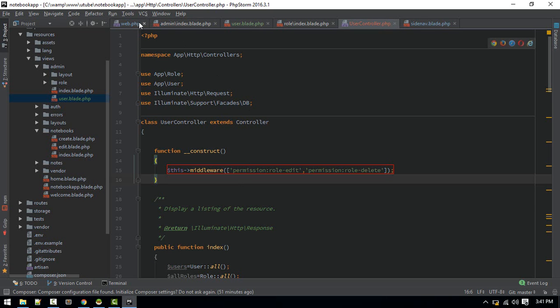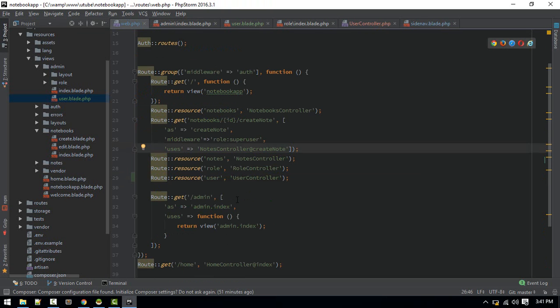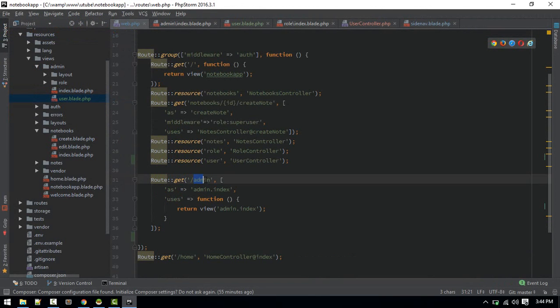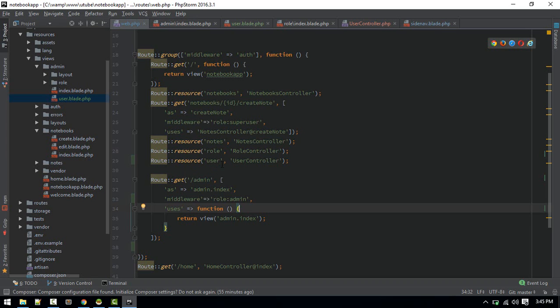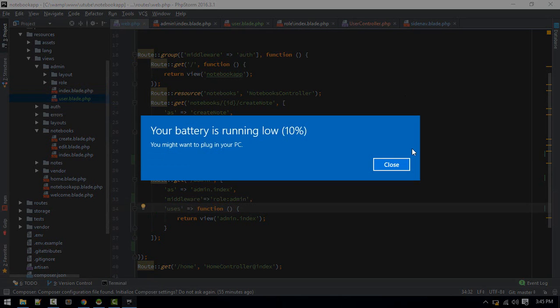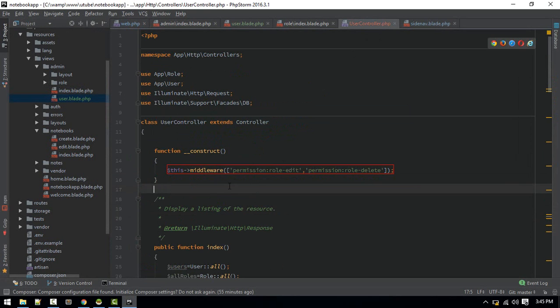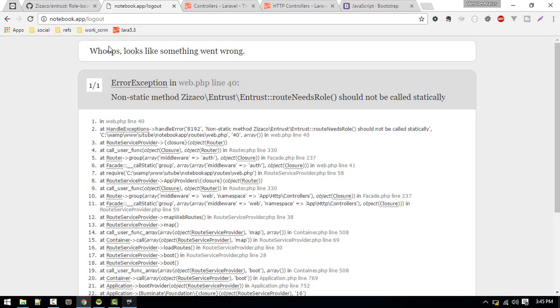Right, also we need to restrict the route in web.php. So here, with admin we only allow, so middleware will define, so role admin, so we'll only allow admin to access this admin route. Okay, similarly, we have already done this for user inside the user controller, so no need to do anything. All right, so let's